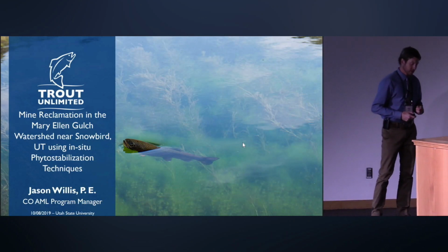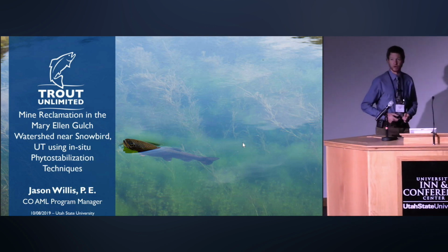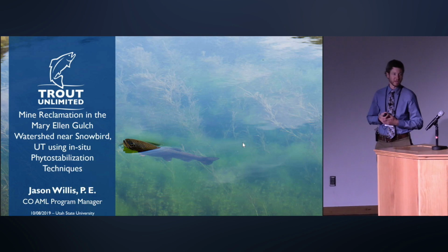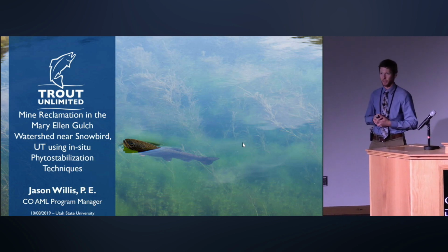I'm Jason Willis. I'm from Salida, Colorado, which has a wildfire currently burning about 3 miles away from my house. So a lot of the concepts and topics today rang pretty true to me,